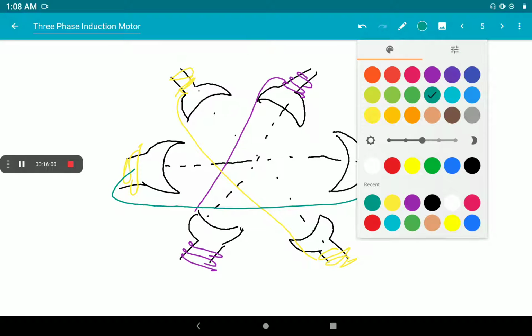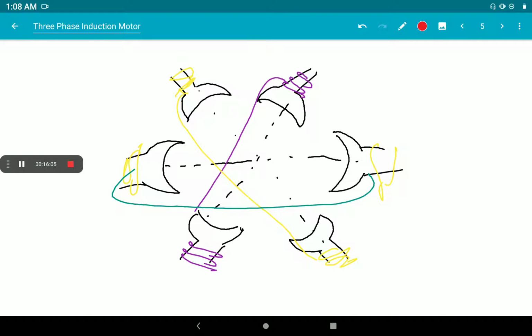So the current flowing through this, or the magnetic field produced, will be in such a way that it is like this,